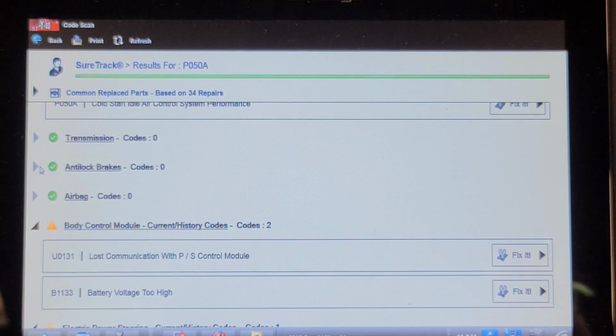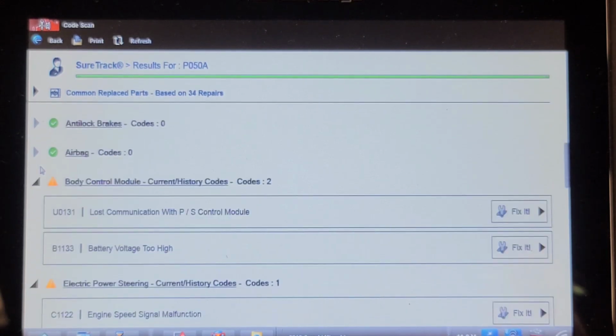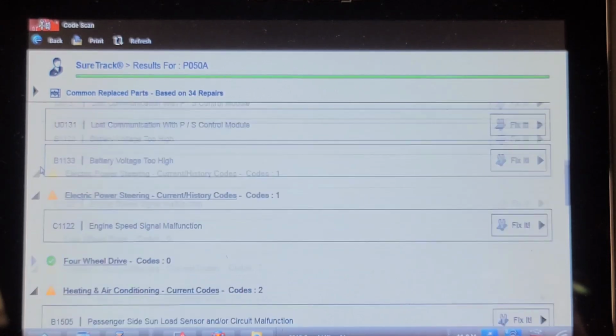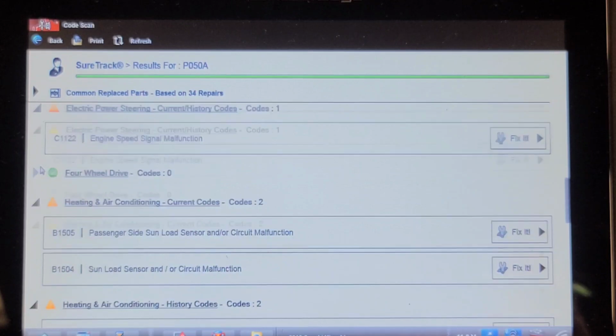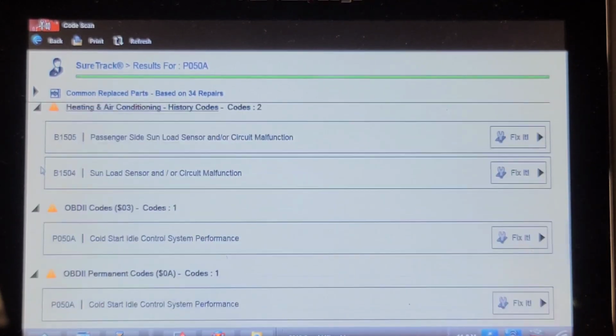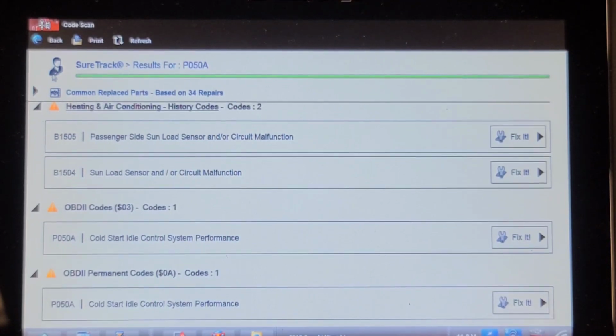Lost communication with power steering control module, voltage too high. Somebody's had a battery charger on it probably. Engine speed malfunction. Passenger sun load sensor. So it's got some... Okay, let's have a look at